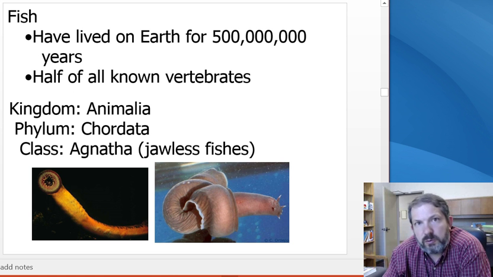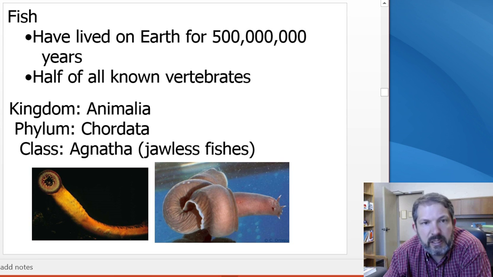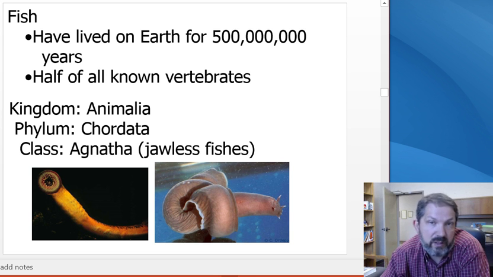Okay, so just some groups. We're looking at phyla here. So kingdom of animals, phyla, chordata. So looking at class. If we talk about fish, this is a class. And these are the oldest vertebrate group. So fish are the most primitive vertebrates, or chordates. And 500 million years on this planet is a long time. And most vertebrates are fish. Well, at least half of all vertebrates are fish. So very